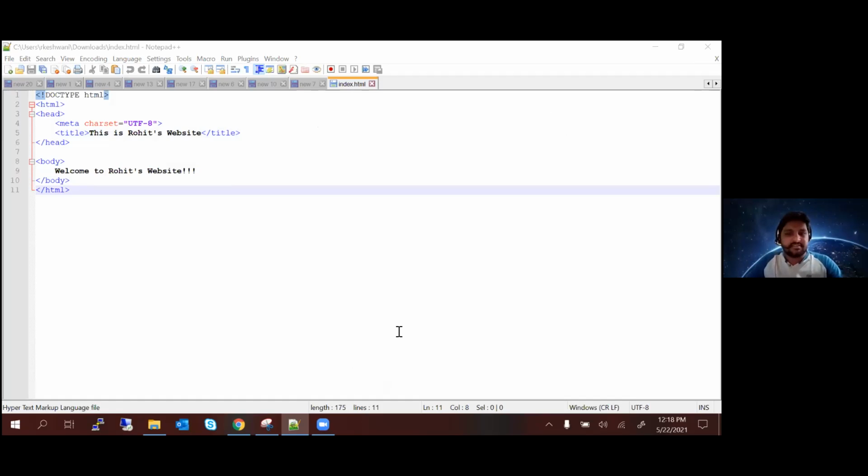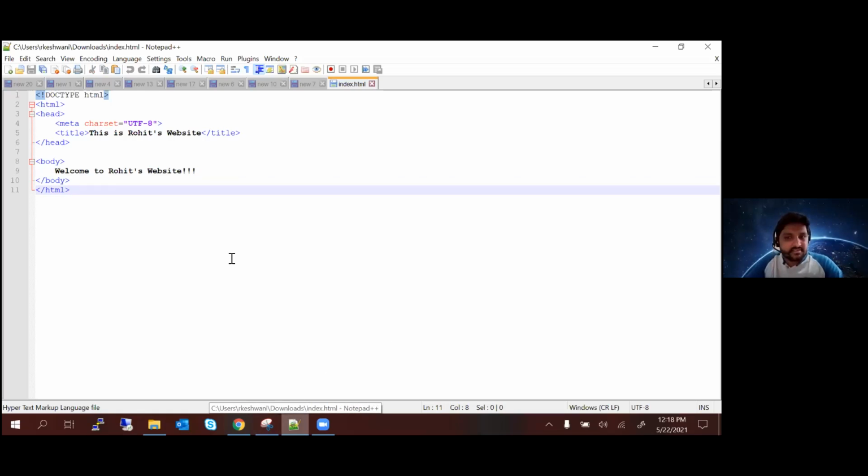Sanskar, you don't have to unzip, just keep the zip with you. Don't unzip, just download the zip file. I'm just showing you what's there inside it. It's just a simple HTML file where I've just put in a title and I've put in a body, right? So now everybody has the zip, right? It's okay if you're not able to unzip it, just keep the zip with you, that's fine.